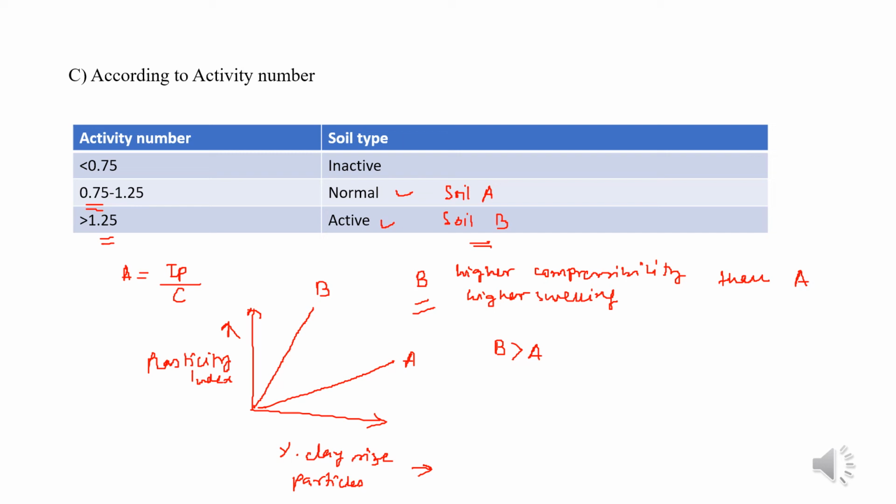Now, when our liquidity index is greater than 1, the soil almost behaves like a liquid and flows like a liquid. We also talked about the consistency index of the soil. When the consistency index is negative, the natural water content of the soil is greater than the liquid limit, and the soil mass will behave like a liquid upon disturbance. Or if the consistency index is greater than 1, the soil will be very stiff or very hard,